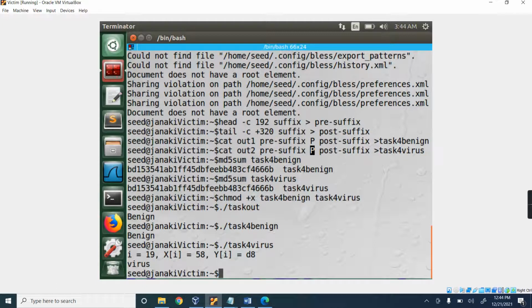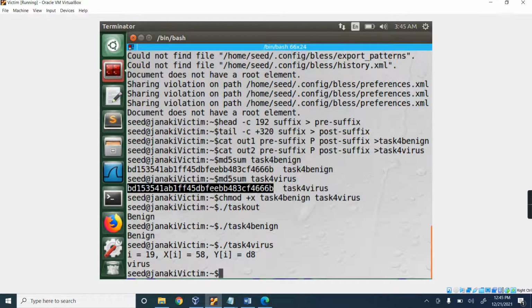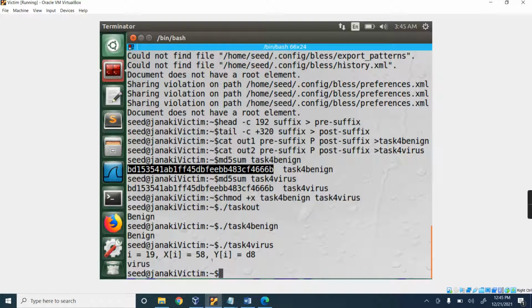Even though task 4 benign and task 4 virus have the same MD5 value, they behave differently when you run them. This is the way an attacker can use an MD5 collision generator and play with their binary file, cut and paste by concatenating the P value.